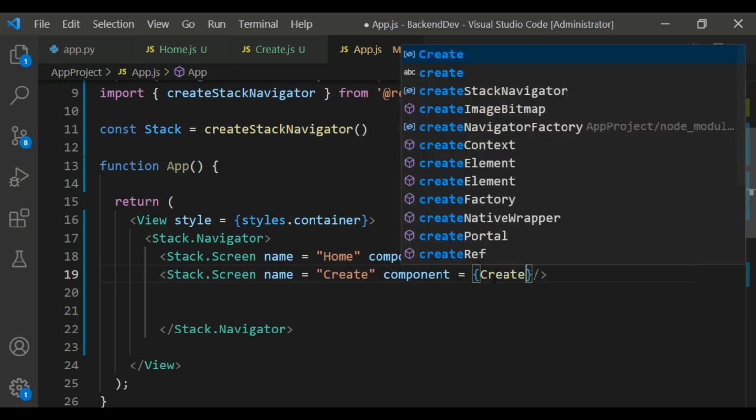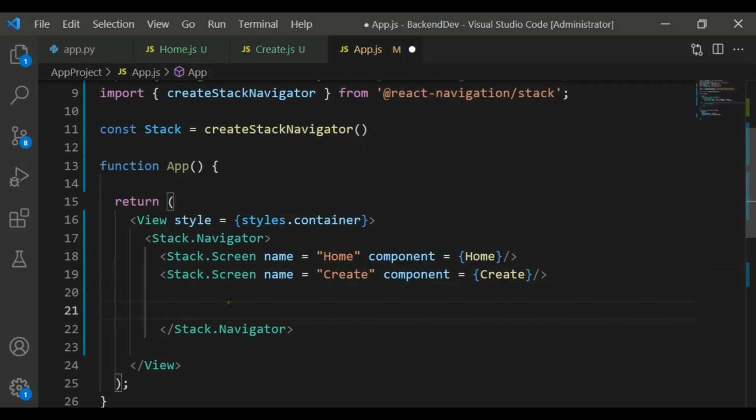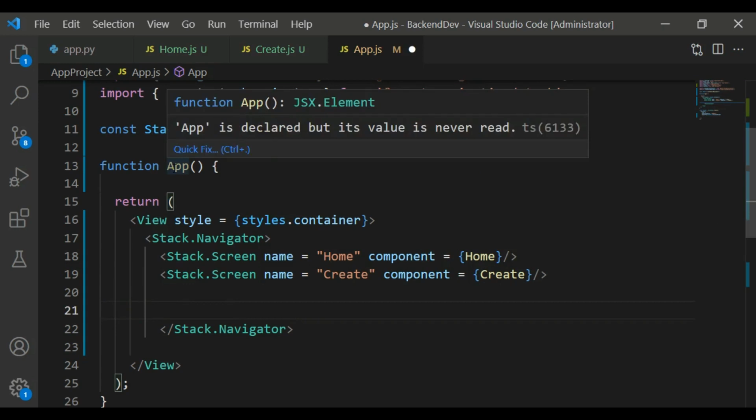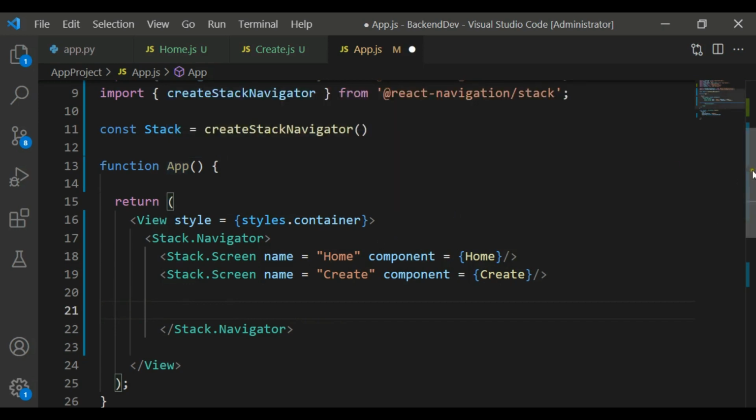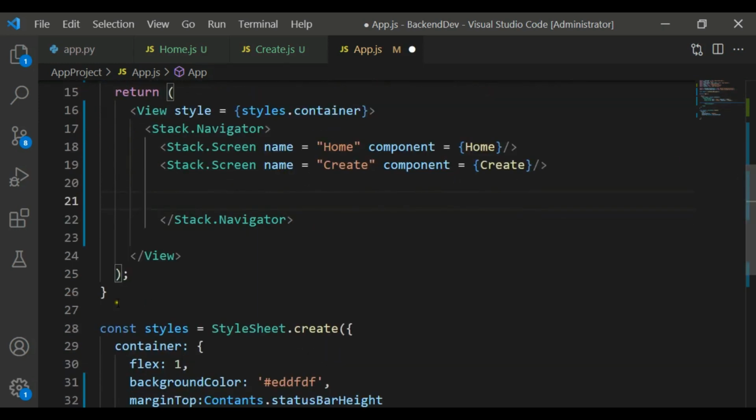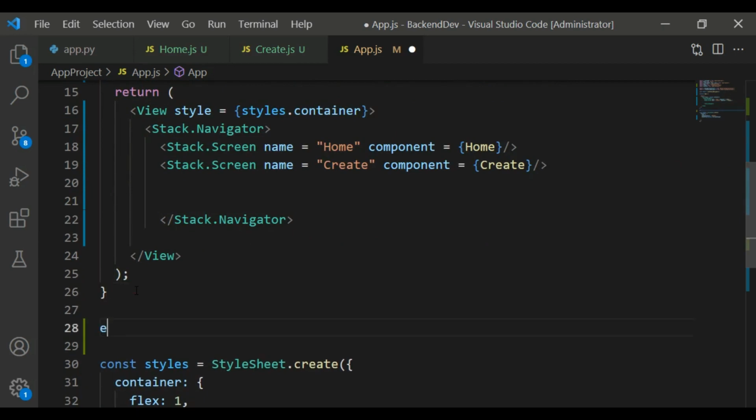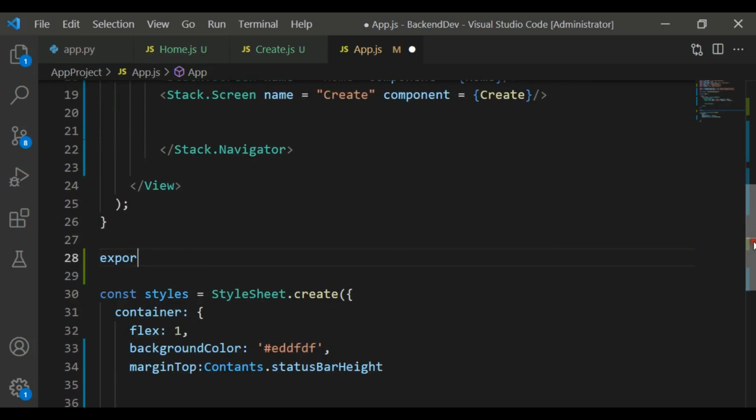So for right now we have two components, and we have added them to the stack navigator, but we will create more components, and we will add those in the later part of the course. So now we have created our function app. After that, what we want to do is export this. I don't have export, so I can just say export default,